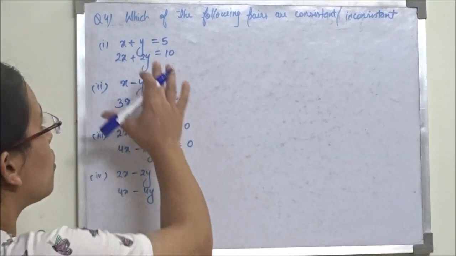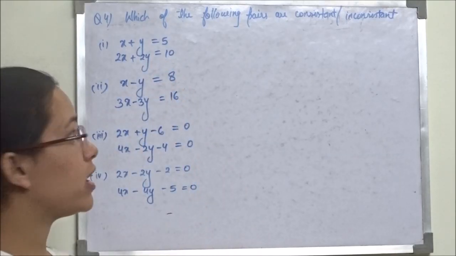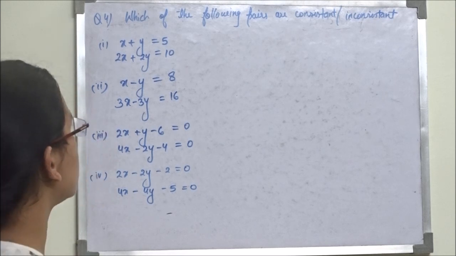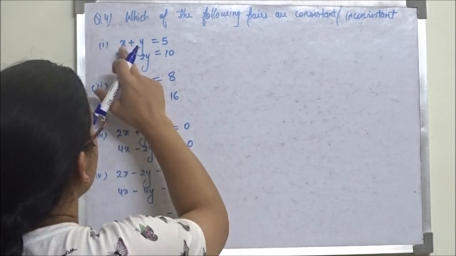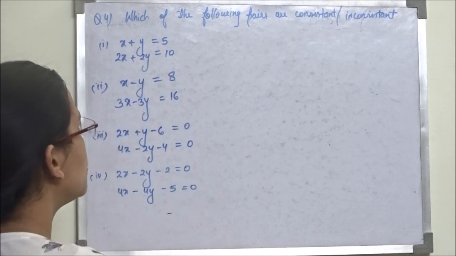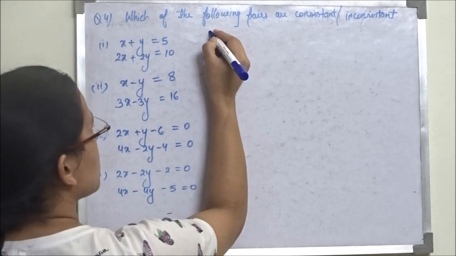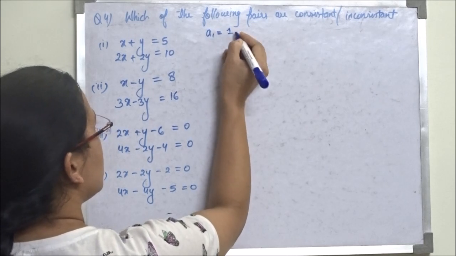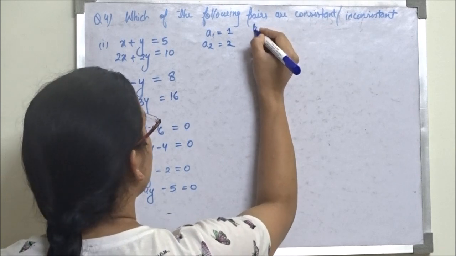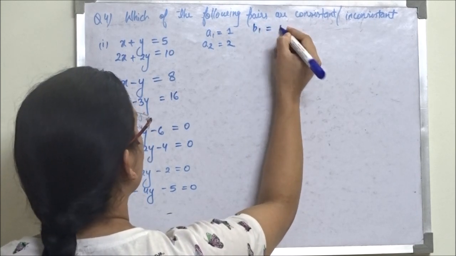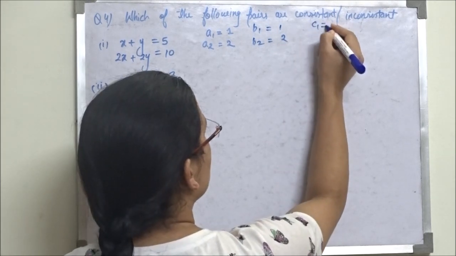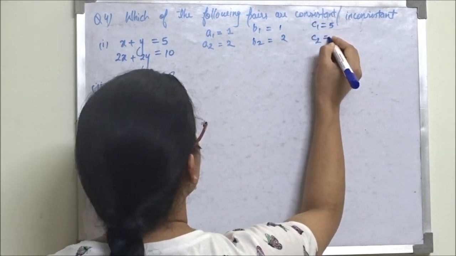In question number 4, we have again to find out which of the following equations are consistent and/or inconsistent. So the first equation is given: x plus y equal to 5, 2x plus 2y is equal to 10. So in the first equation a1 is 1 and a2 is 2, b1 is equal to 1, b2 is equal to 2, c1 is equal to 5 and c2 is equal to